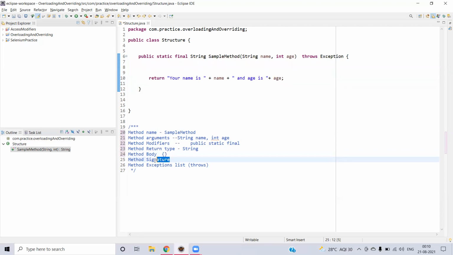Next one, method signature. The method signature is nothing but only the method name followed by the parenthesis and the list of arguments. So this alone will be considered as the method signature. As we discussed earlier, there can be no arguments as well for the given method, but however, the method name followed by the open and close parenthesis will be the clear definition of the method signature. Again, I'm repeating, the method signature does not consider your return type and does not consider your access modifiers. It considers only the method name followed by the list of arguments.